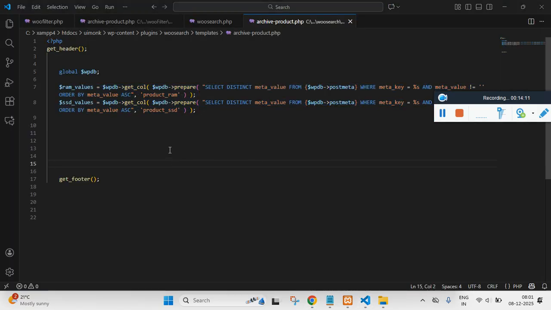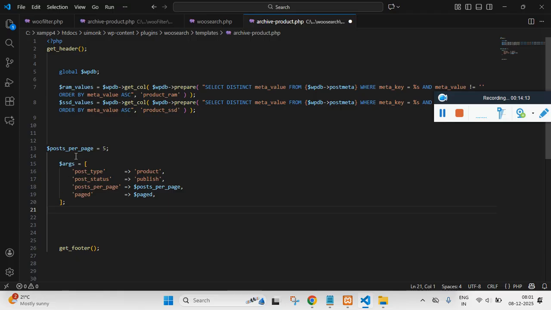To fetch those, I'm saying that per page I want only 5 products, and I'm setting an argument saying that I need all the posts with post type product, which should be published, 5 per page, and this is for the pagination. So if you have 15 products and I'm showing 5 per page, you will have 3, 2 and 1. These are paged values, which will be in the URL. I'll show you once it gets ready. Now